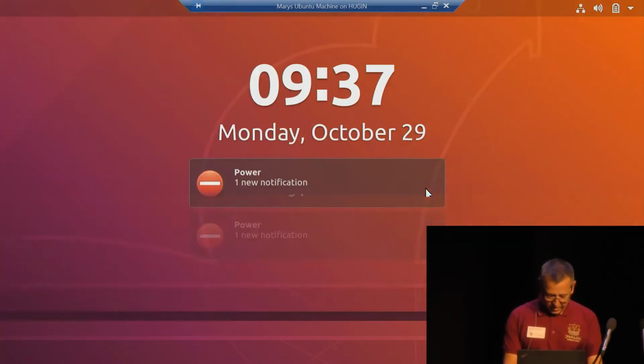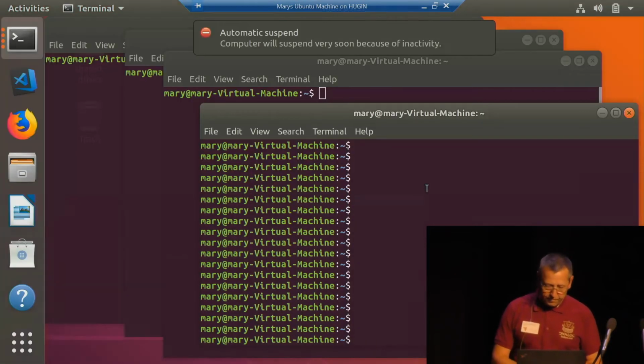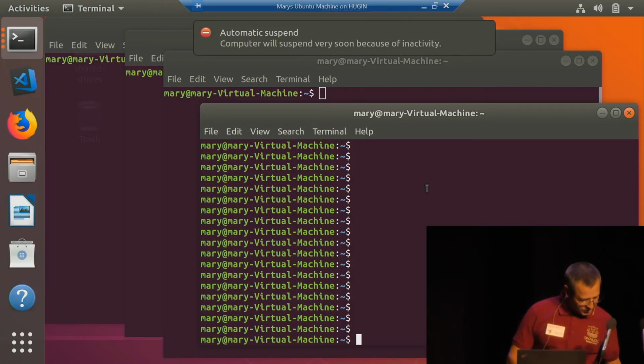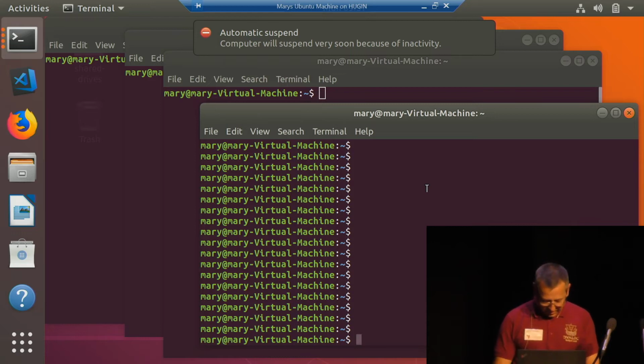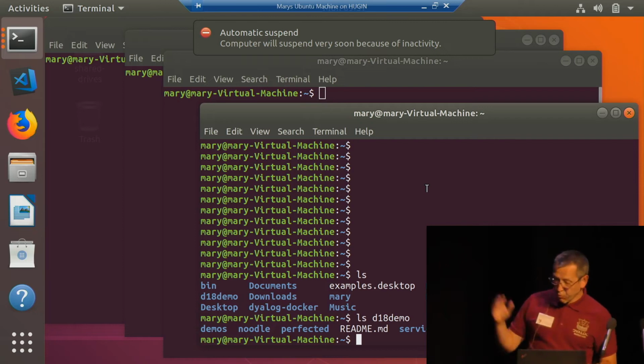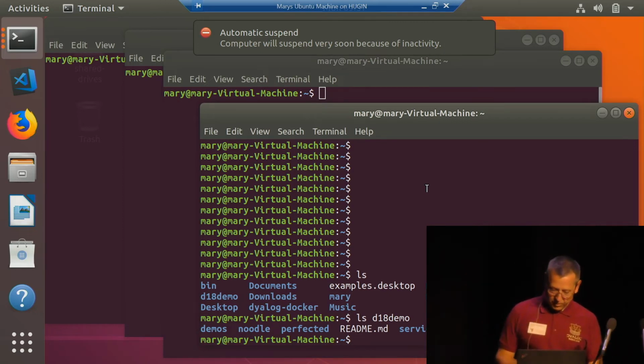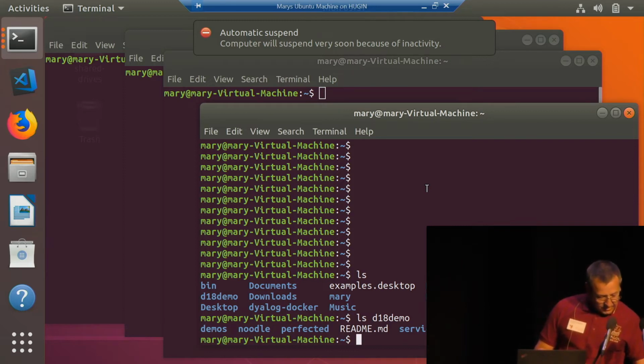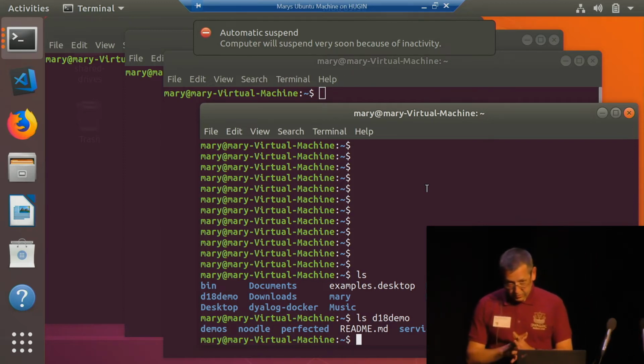So she can start playing herself. She logs into her virtual machine. And she's done the git clone, so if she does an ls, she can see that she has D18 demo. And it's got noodle and demos, and it's got a few other things that we're going to look at in a minute. Now, she doesn't have Dyalog APL installed,